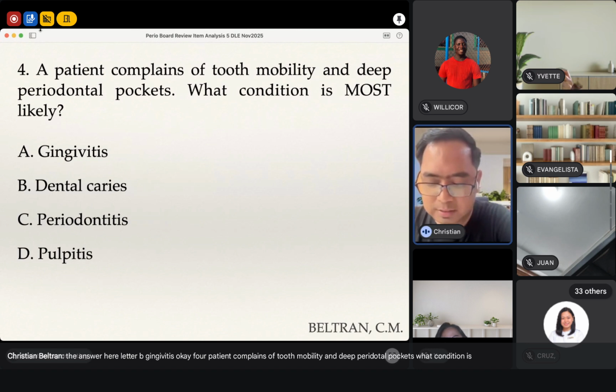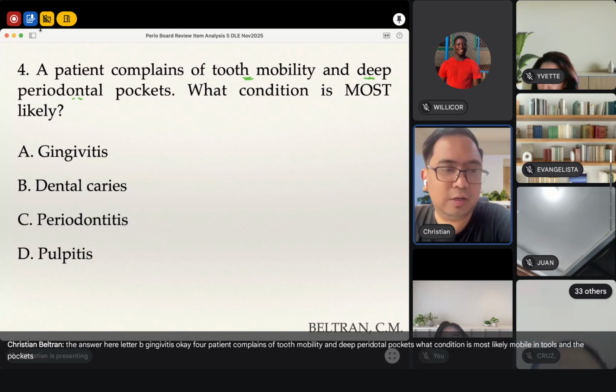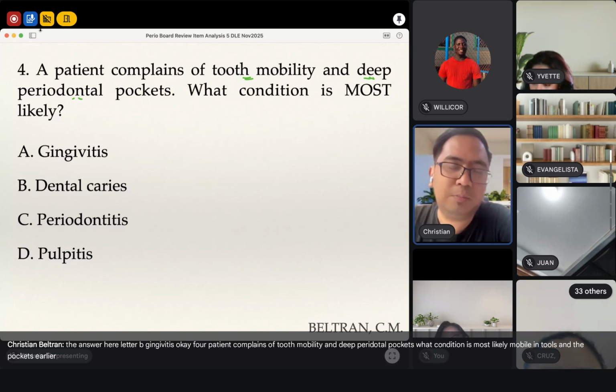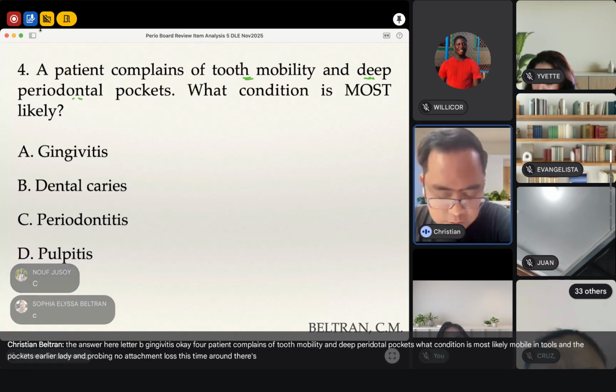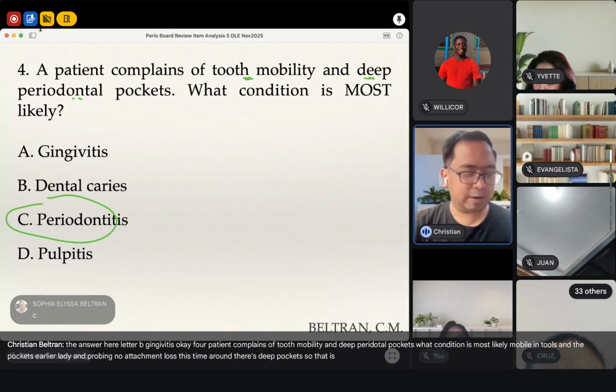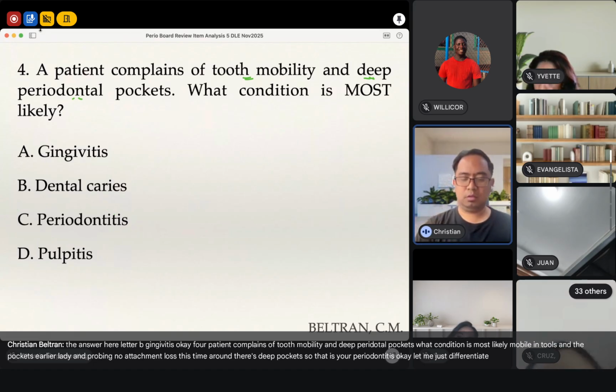What condition is most likely? Mobile in tooth and deep pockets. Earlier, bleeding on probing, no attachment loss. This time around, there's deep pockets. So that is your periodontitis. Okay. Let me just differentiate periodontitis versus